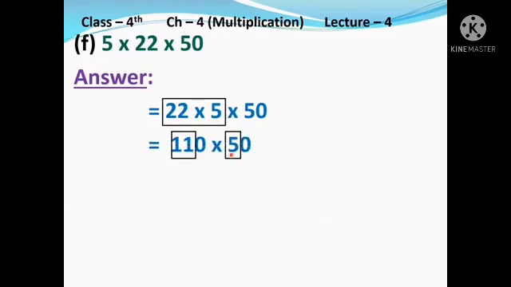Now, first multiply 11 and 5. 11 multiply 5 equal to 55 and then place 2 zeros to the right side of the product. So, write down equal to 5500. Thus, 5 multiply 22 multiply 50 equal to